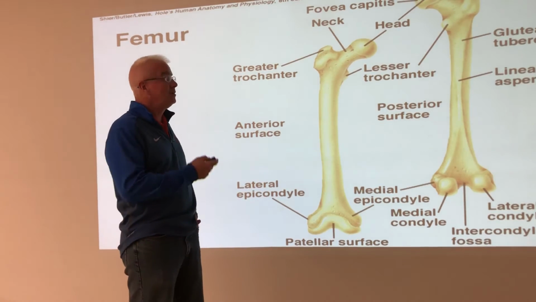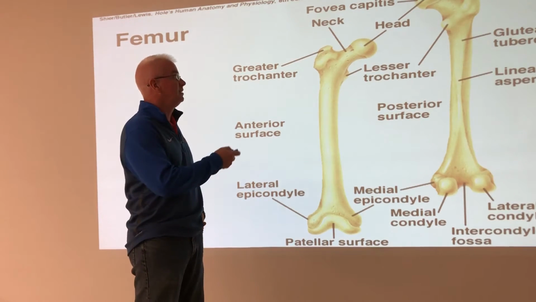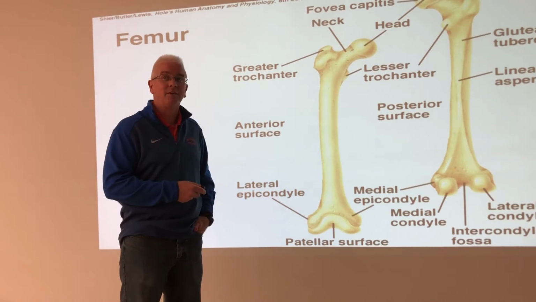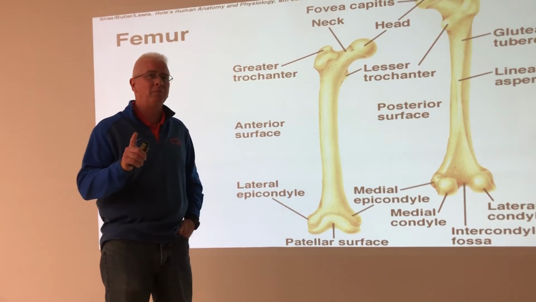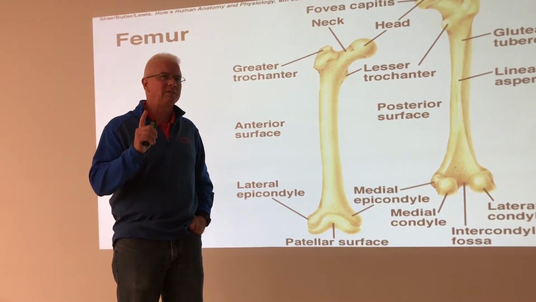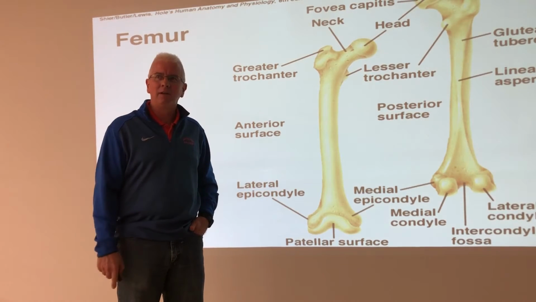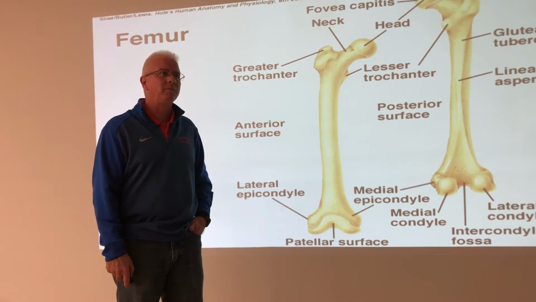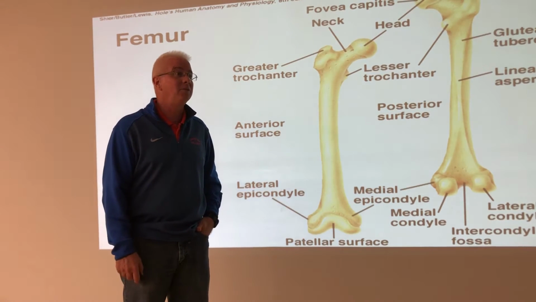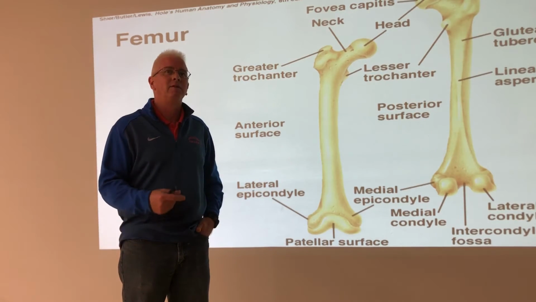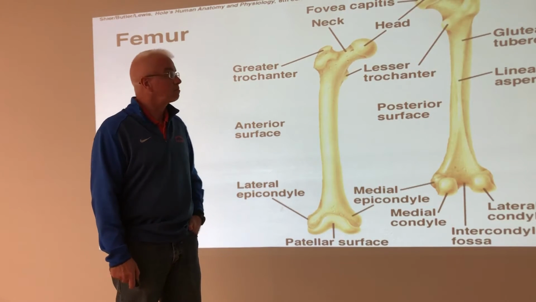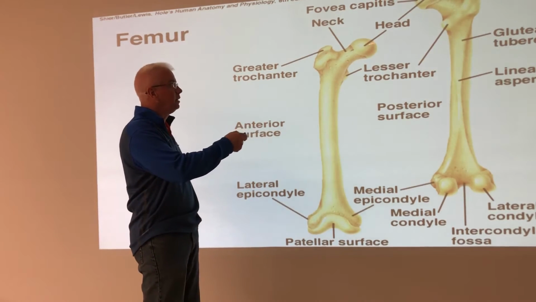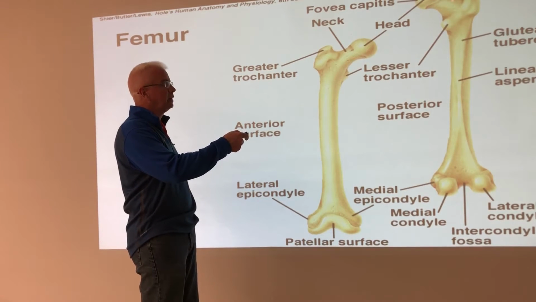So I always tell the story, it gets people's attention. The fovea capitis, when you look at it on the femur, you'll think about it differently now. It's an attachment spot, but really, it's an important spot for the entry of blood supply to the head of the femur. There's a ligament there, but that ligament doesn't do anything except support the blood vessel passing into the head of the bone. Now, the rest of the bone here, as you work your way back, is this portion